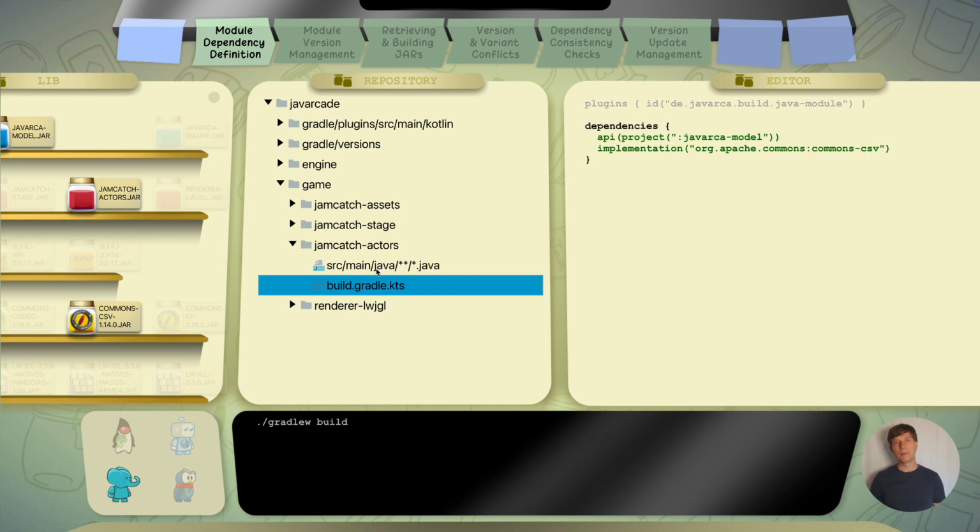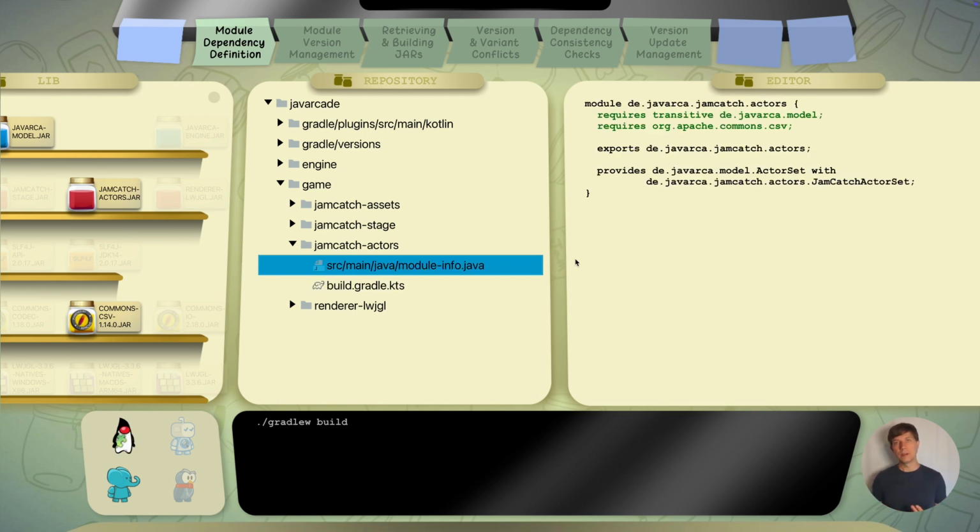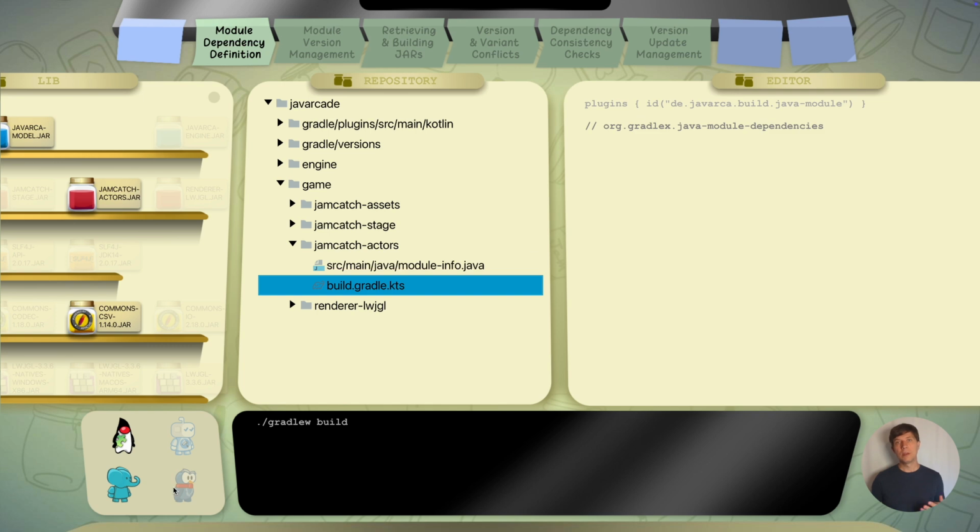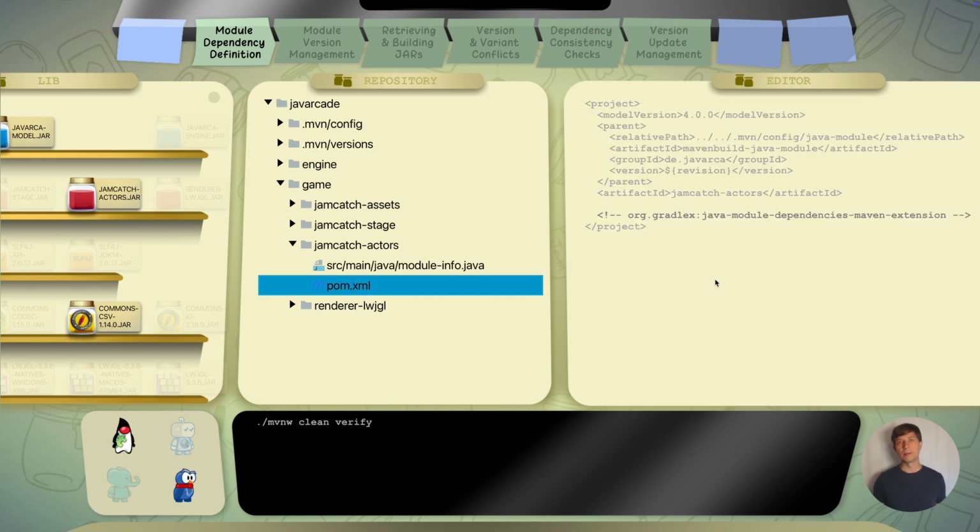Now we have already established that version management is something the dependency management or build tools do. It's not a feature Java itself offers. That's why the information about versions is done in the notation of the build tools. Even if you use the Java module system, there is no feature to add a version to the module-info.java file or any other Java file. This means even if you use the module system and keep your build.gradle or pom.xml files mostly empty, the versions still have to go somewhere in a build tool native notation.